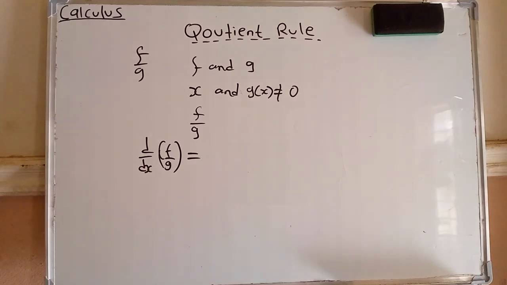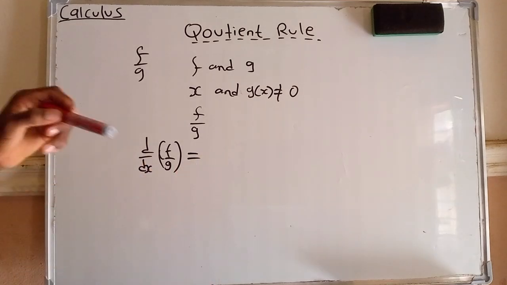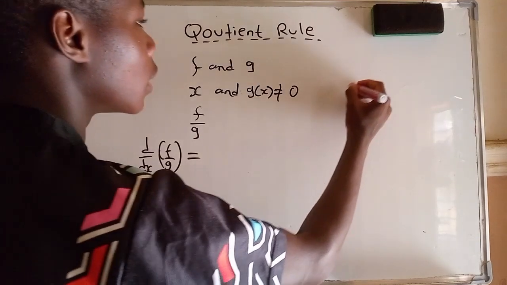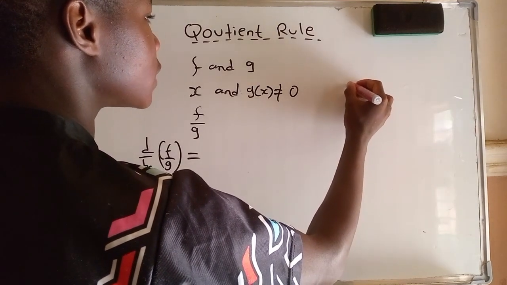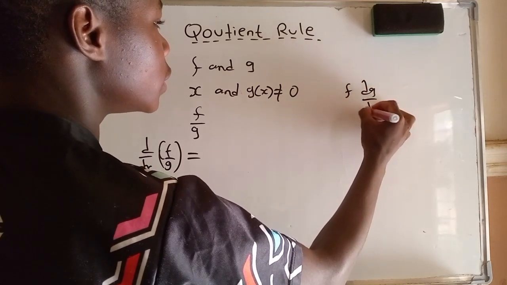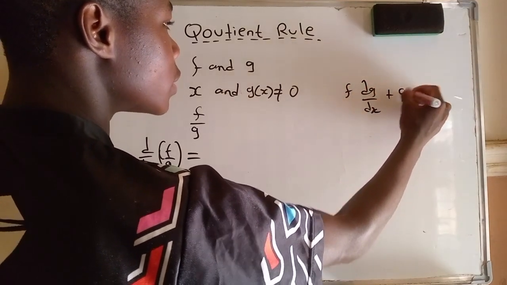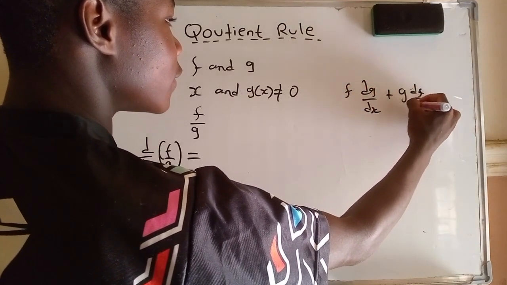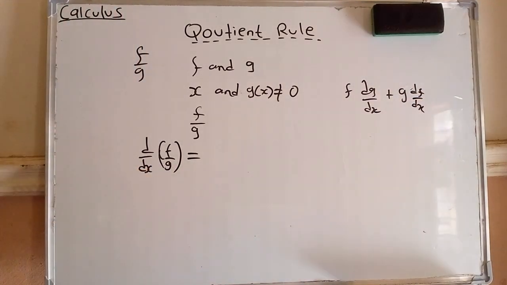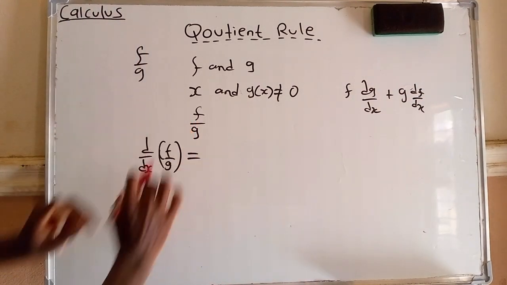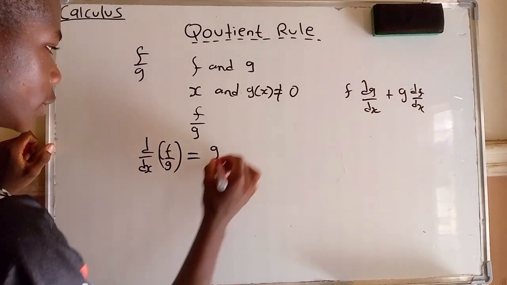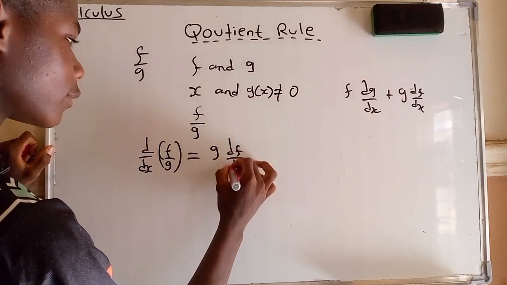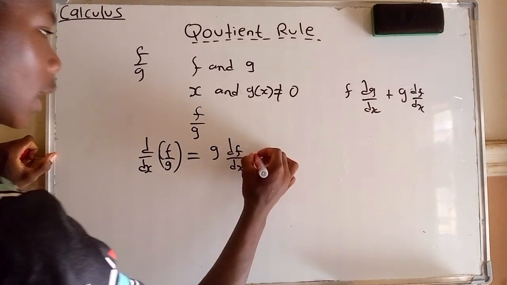From the product rule, we differentiate and get f dg/dx plus g df/dx. So if we differentiate the quotient f over g, we'll have g df/dx